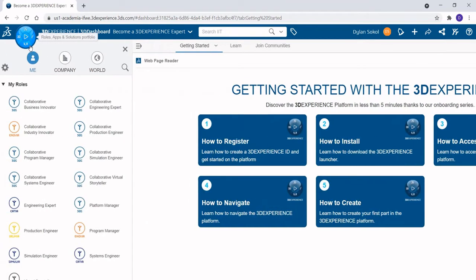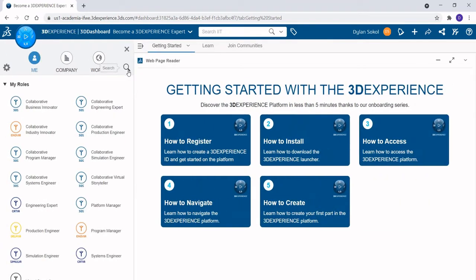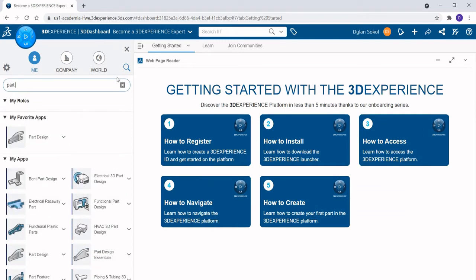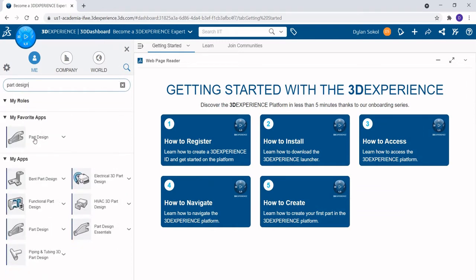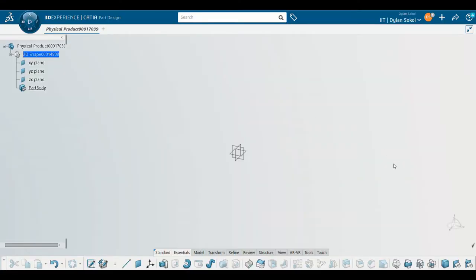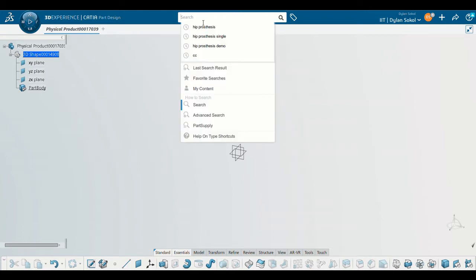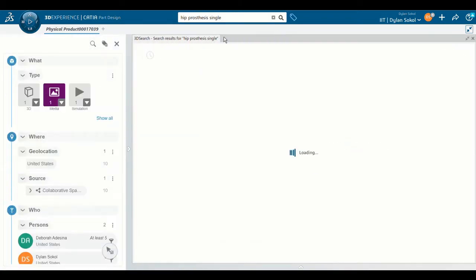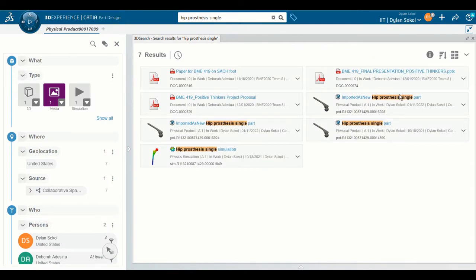Launch 3D Experience by opening the CATIA Part Design app through the compass. Open the model imported in Step 3 of the static hip prosthesis activity by searching hip prosthesis single.